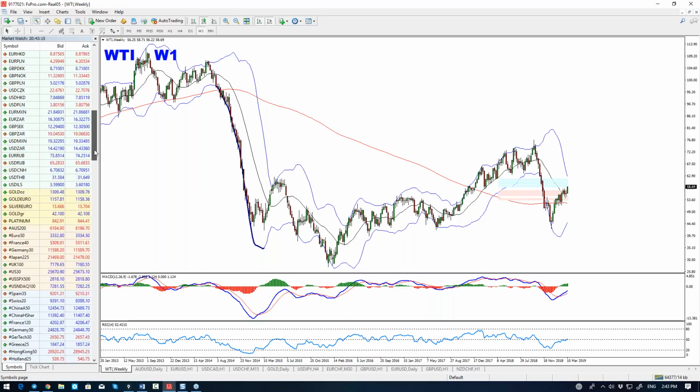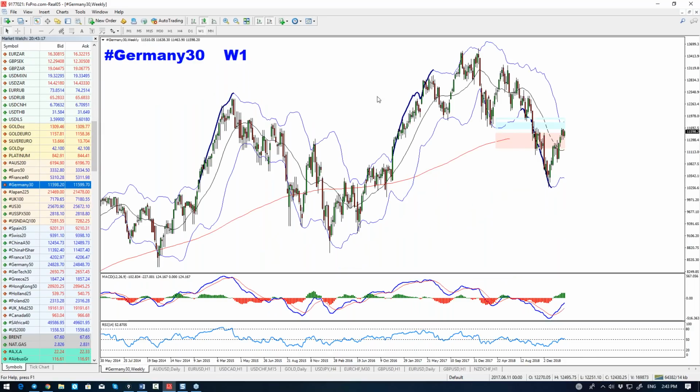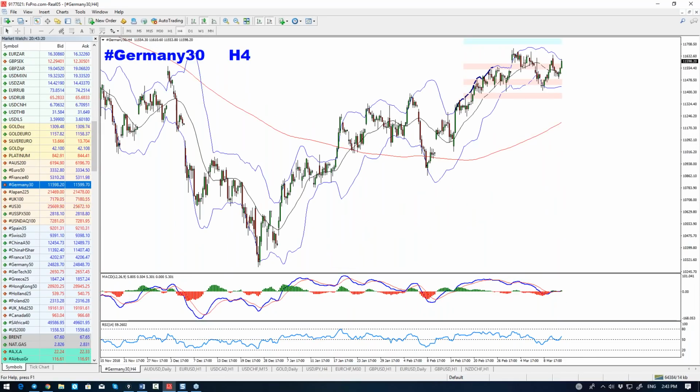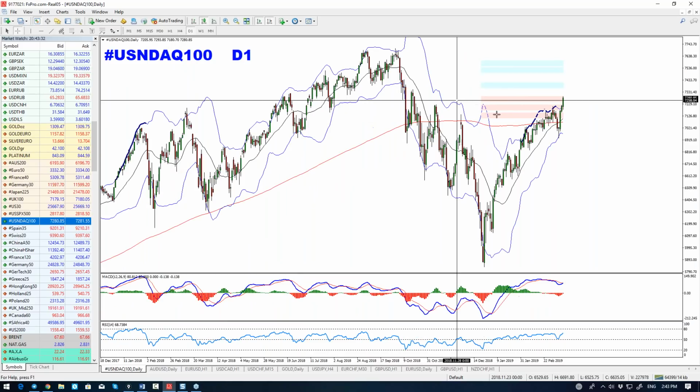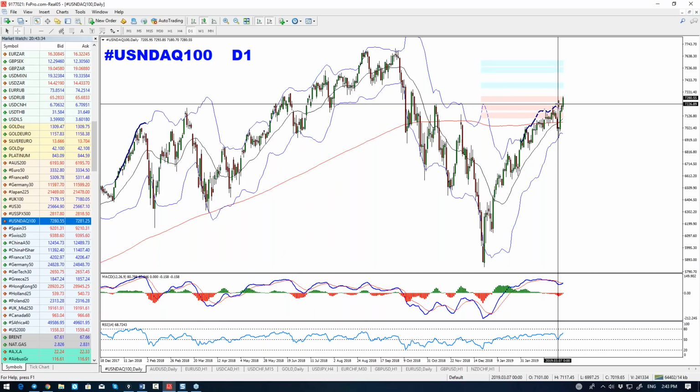DAX, we are still waiting for the lower low to be created. Still refusing to do so here. Okay, so no updates here. And the Nasdaq, which went through the last daily high, again doesn't change